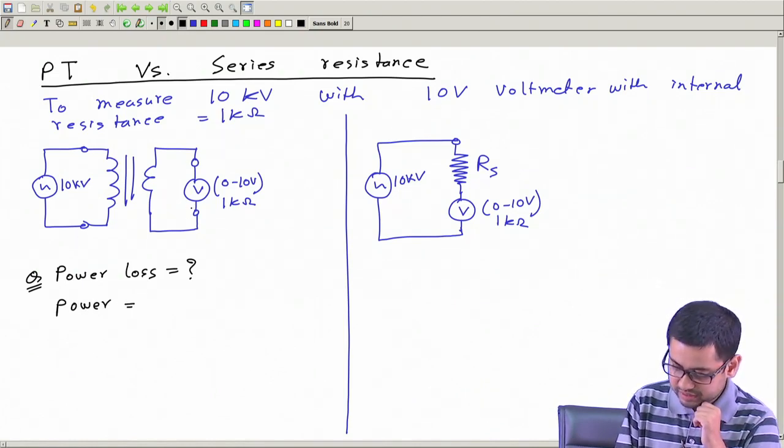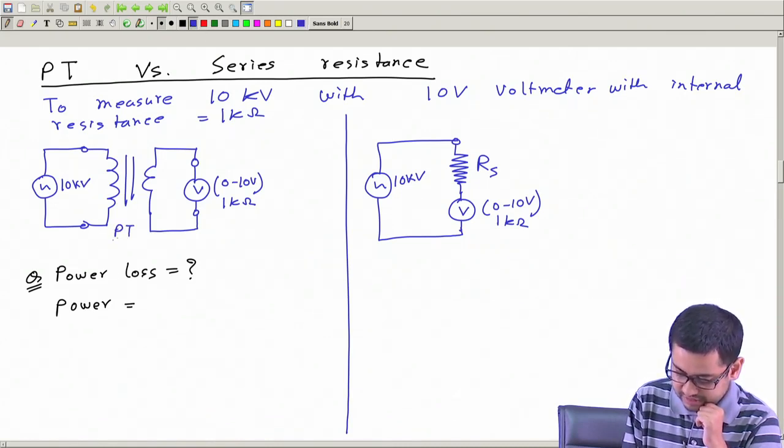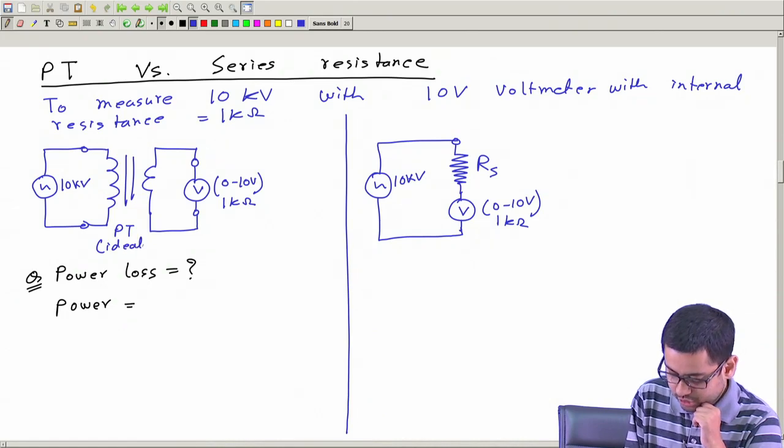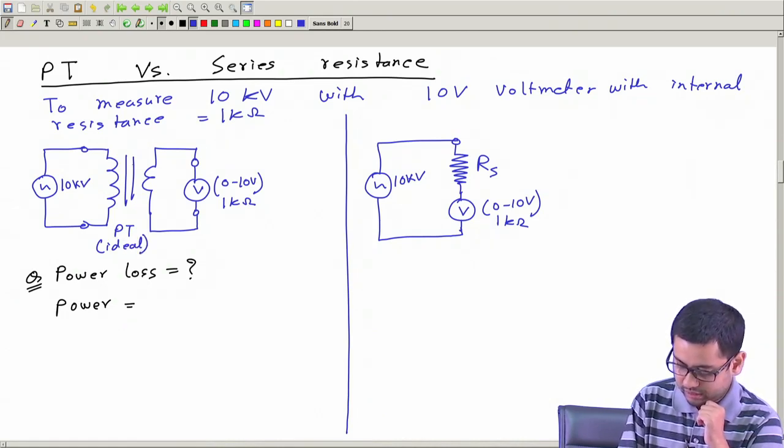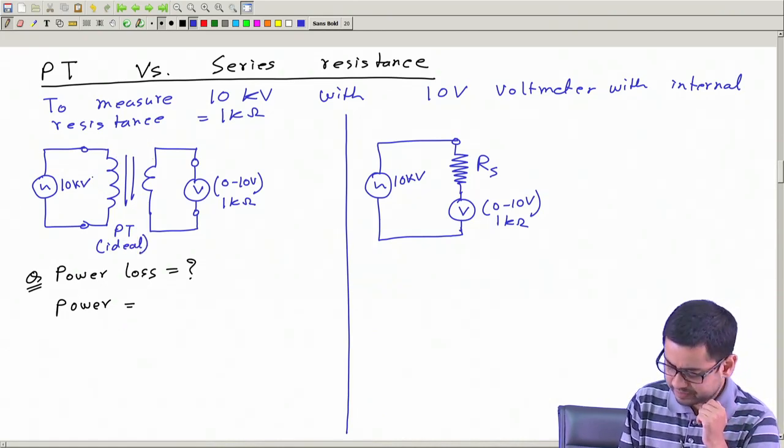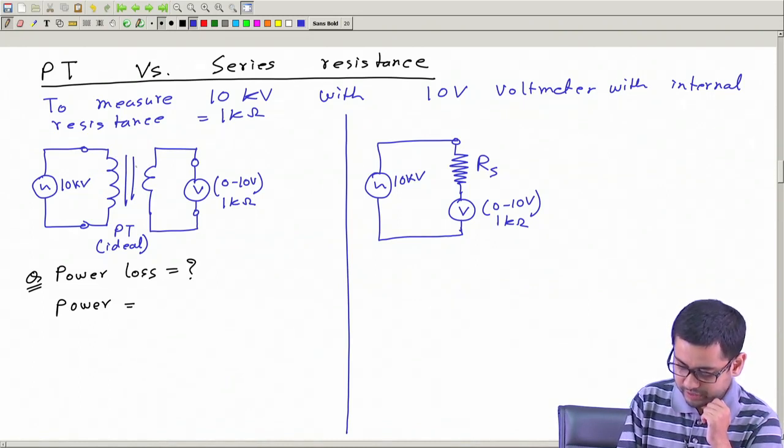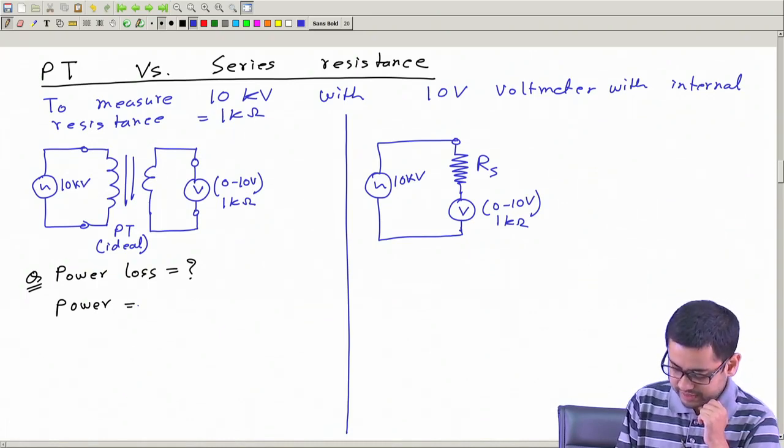That will be only the power loss in the voltmeter, because we can assume that this PT is ideal. So, no drop, no loss occurs here. Okay. So, this PT is an ideal PT. So, the loss occurs only in the voltmeter. Then the loss is